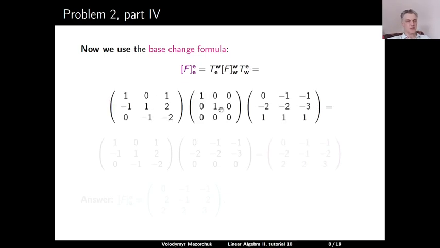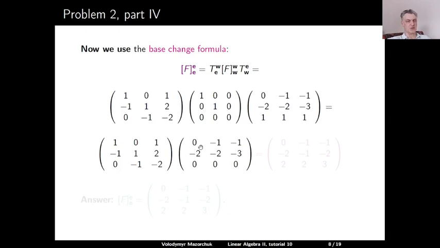And now we write the product of these three matrices. So the first transformation matrix is 1, 0, 1, minus 1, 1, 2, 0, minus 1, minus 2. The matrix of F in W is a diagonal matrix with 1, 1, 0 on the diagonal. And we just computed that the transformation matrix back is 0, minus 1, minus 1, minus 2, minus 2, minus 3, 1, 1, 1. We first multiply matrices 2 and 3, and we get simply the first two rows of